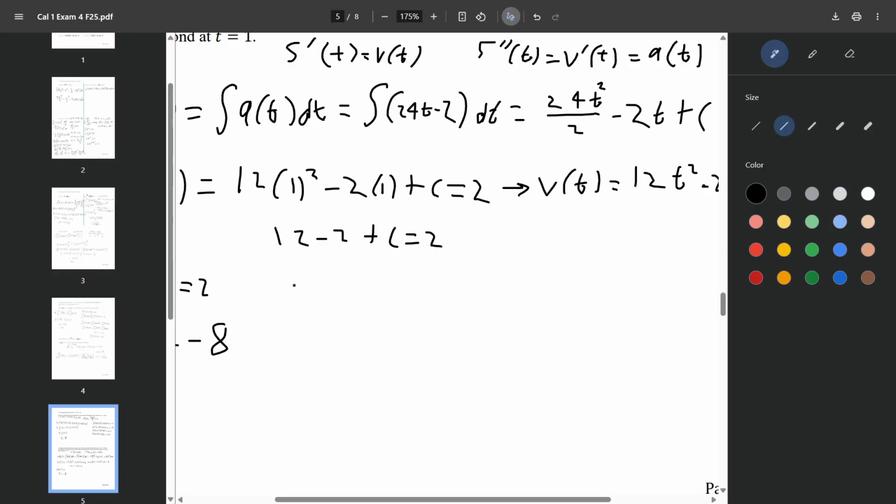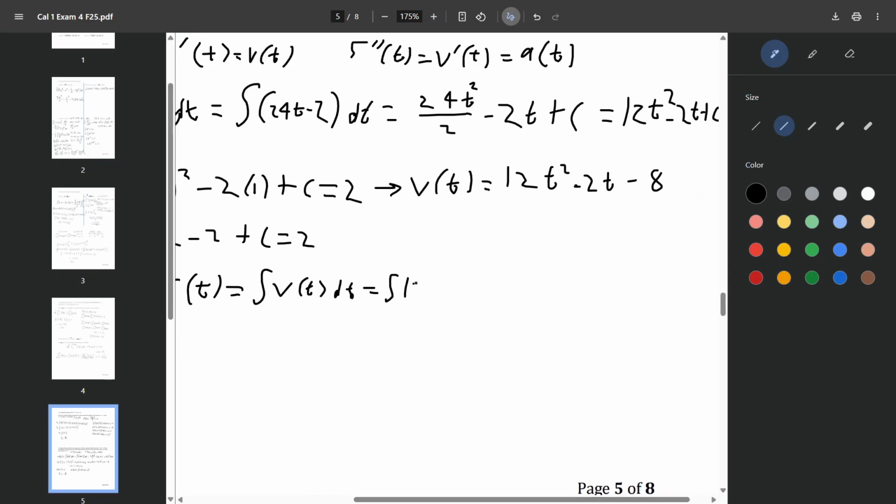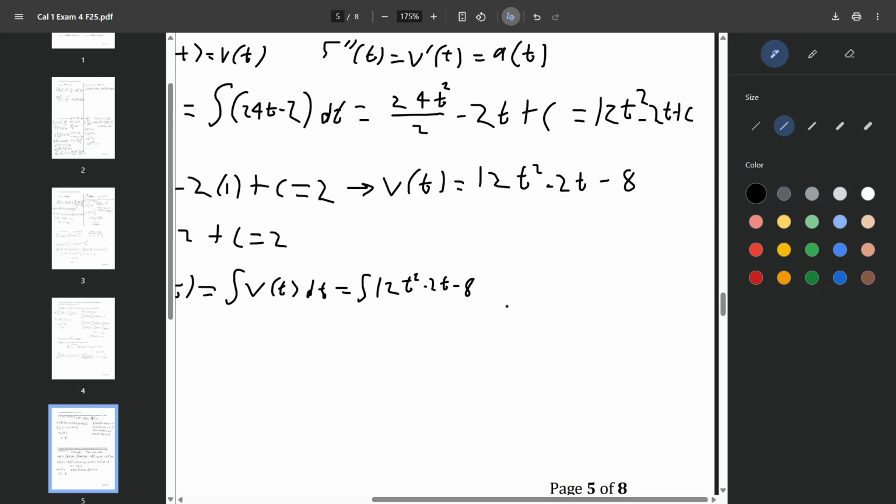So s of t equals the integral of v of t dt equals the integral of 12t squared minus 2t minus 8, which equals 12t to the third over 3 minus 2t squared over 2 minus 8t